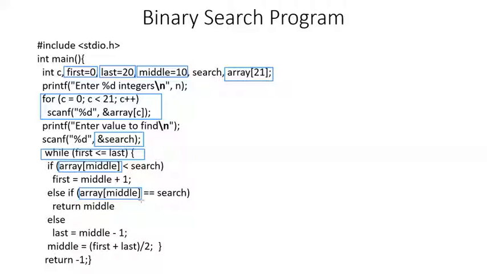If it is not less and not equal to, then automatically it means that it is greater than the element that we are searching for. Now let's take an example. Let us suppose that we have a list something like this, and this is the middle, and the value of the element at the middle is 50,